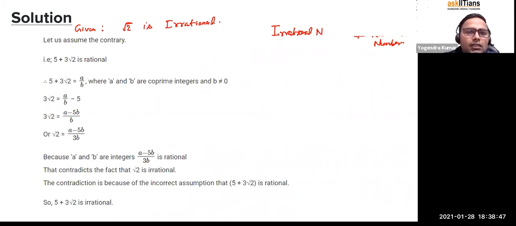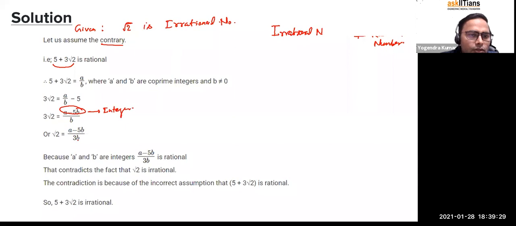So, okay, let's start. Let's assume this is rational, but you need to remember that we need to prove it is irrational. So we are starting with the contrary, that this is a by b, instead of p by q we can assume a by b also, where a and b are co-prime integers, b is not equal to 0. So can we bring 5 here, right? Now we did this operation, a minus 5b. As we know a is an integer, b is an integer, so 5 times b will also be an integer, and the subtraction of two integers is always an integer, right? You need to remember this is an integer,